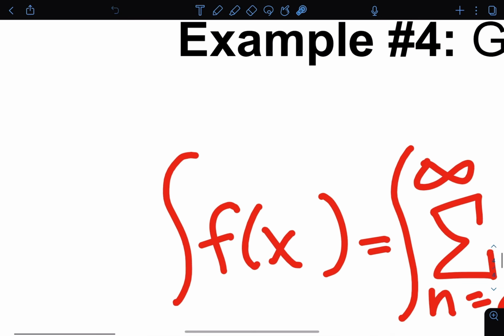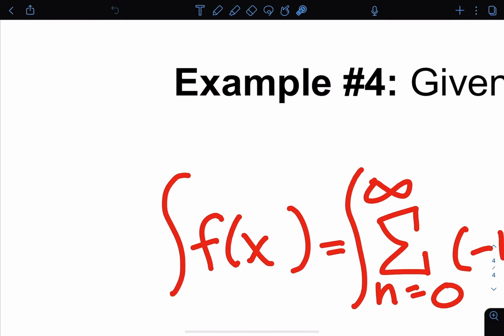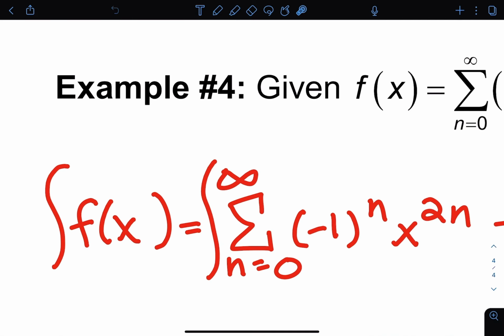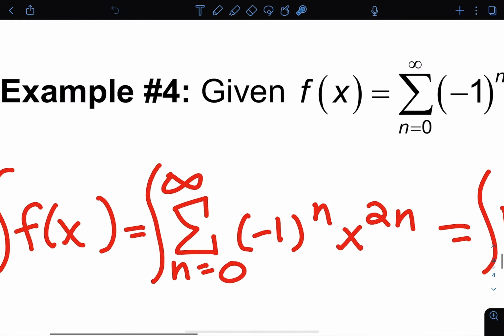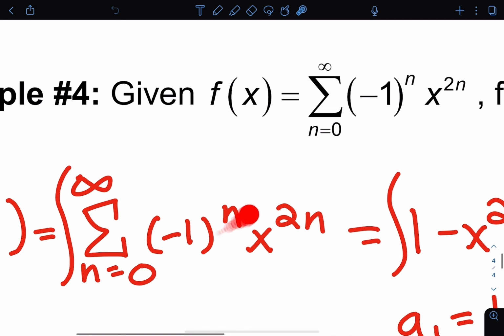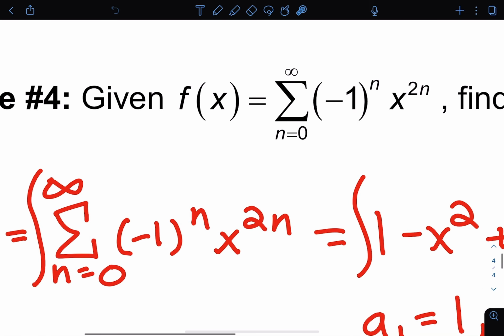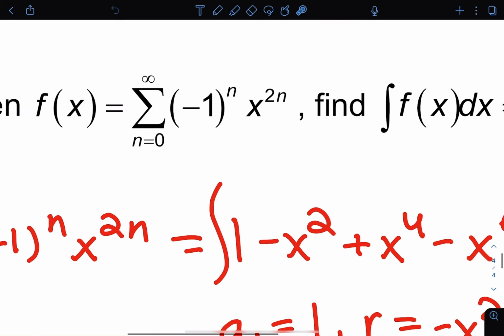So again, I want to take the integral of f of x, which means I'm going to be taking the integral of all of the terms in this series. Well, let's write out some of these terms. What are these terms I'm going to take the integral of? If I plug in 0, I'm going to get negative 1 to the 0, x to the 0, right? That's just 1. Plug in 1, so that's a negative x to the 2n, so that's x squared. Plug in 2, so double negatives, that'll be positive x to the fourth,